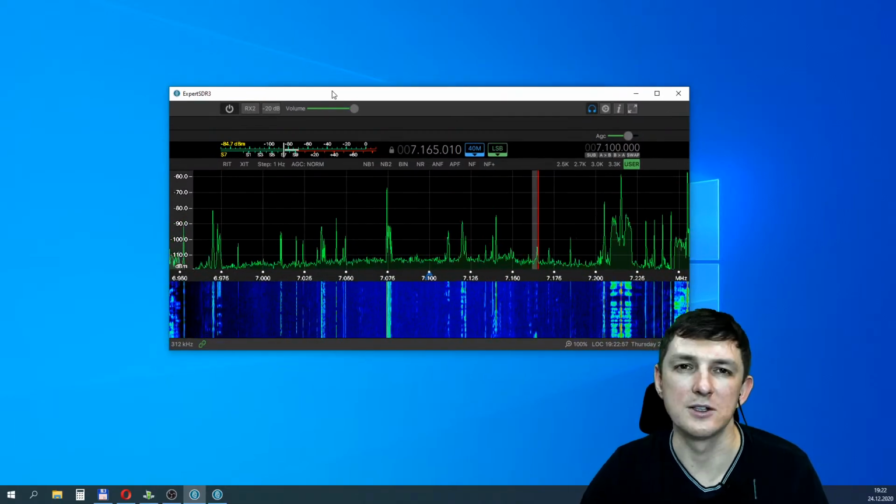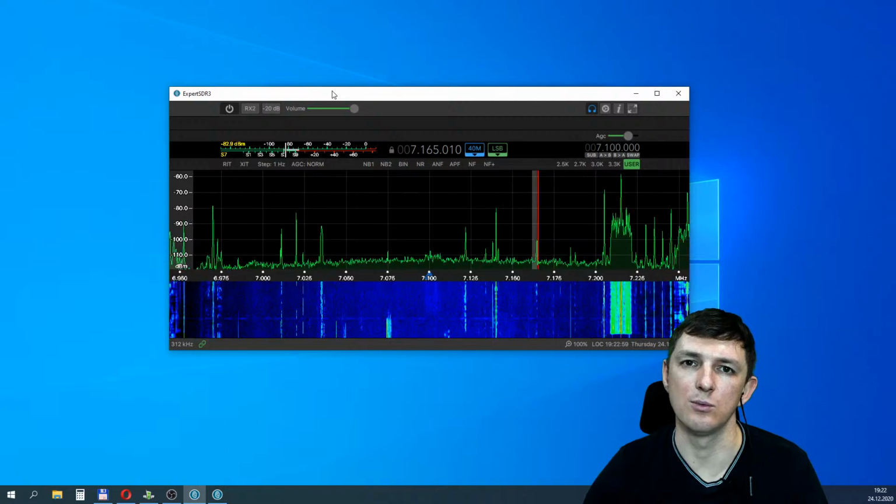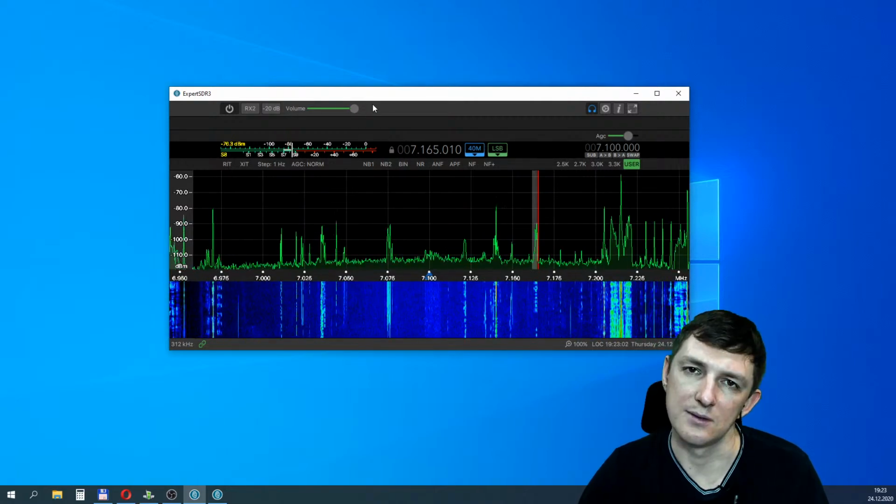Also, in Expert SDR3, the main work is inside the software.